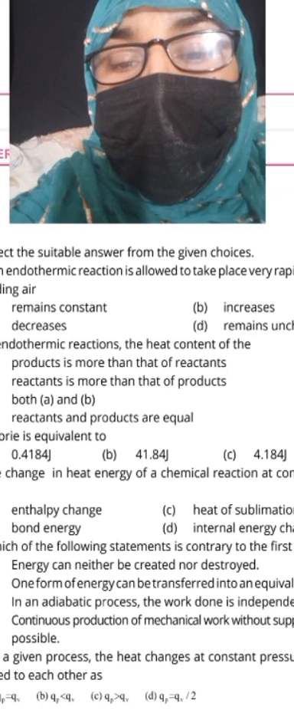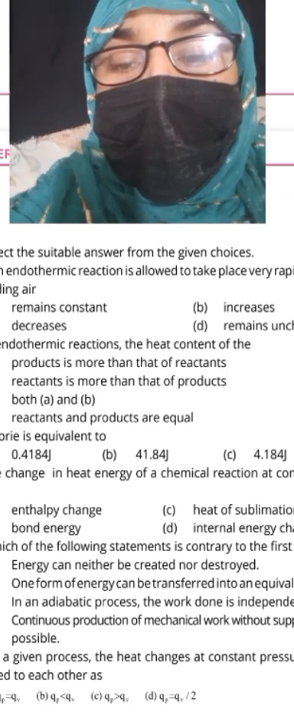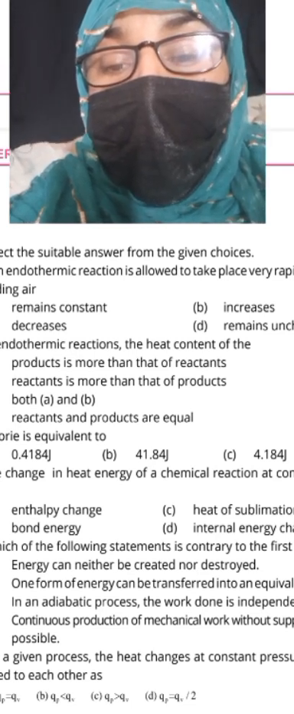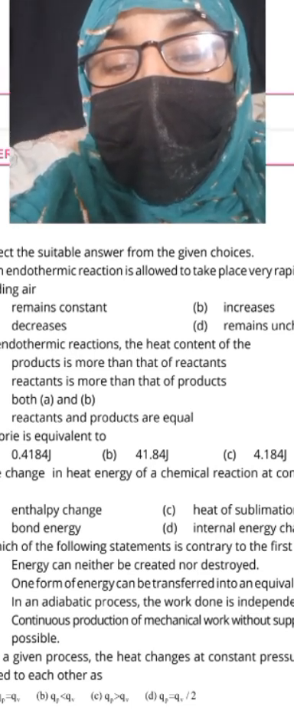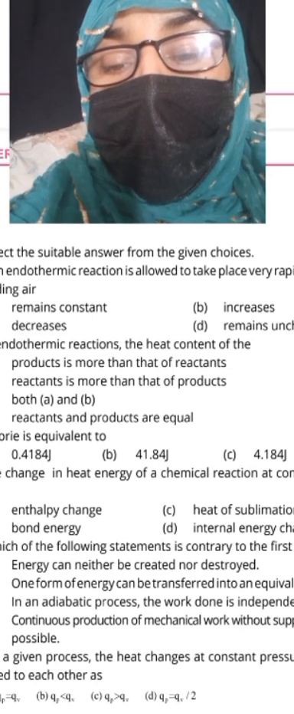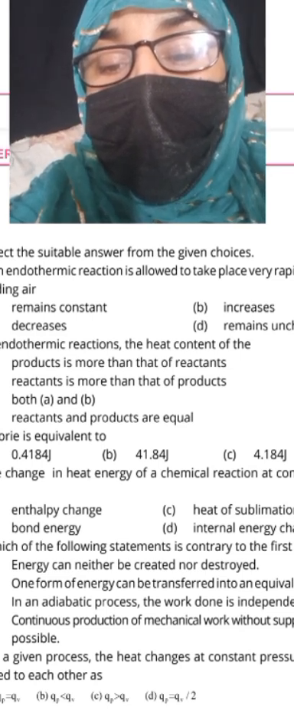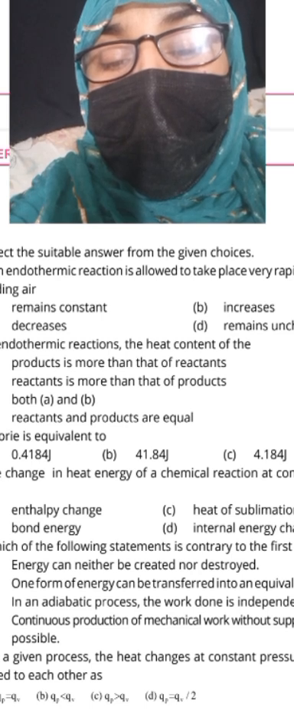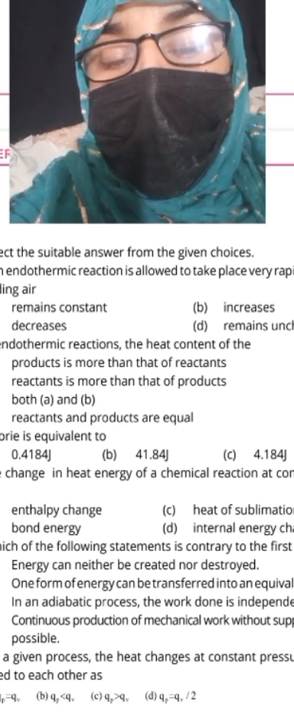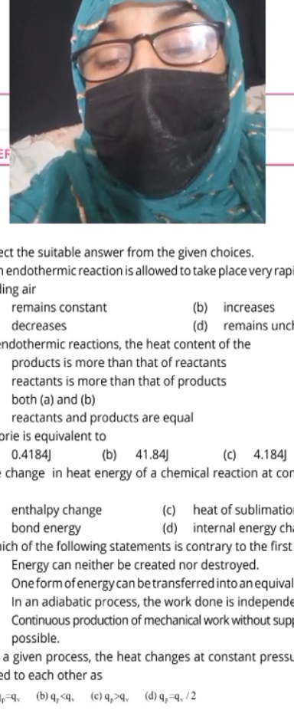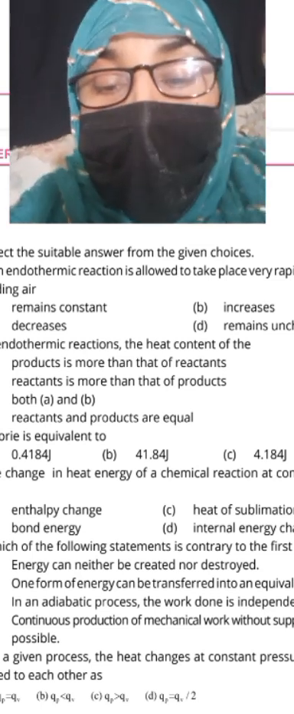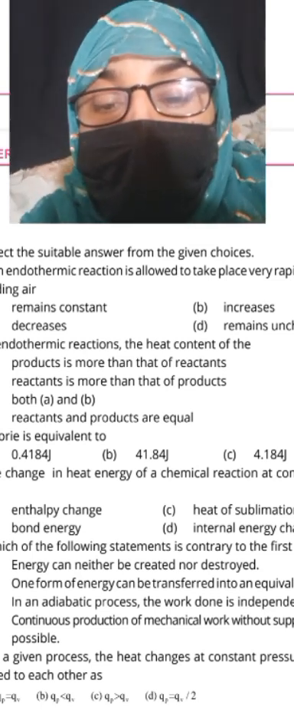The intermediate reactions is heat comes in other product is more than and two in reaction is more than in that a product and reacts in product in equal. Calculate equation is 0.41 and 84 b and 41 and equal to in 1 and 4.184 and the changes in heat energy of chemical reactions constant and its infinity and enthalpy